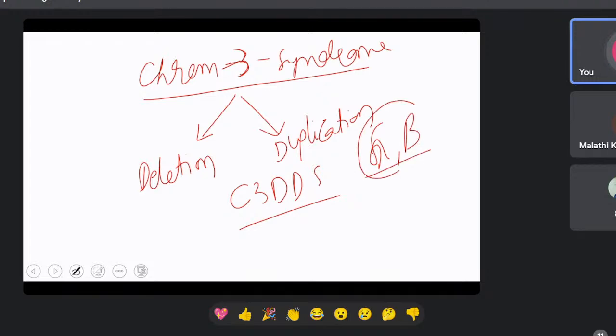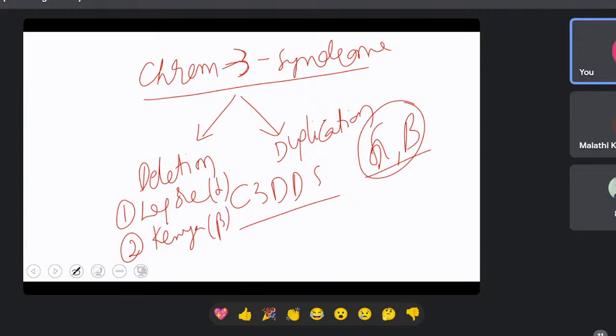When deletion occurs, it results in a disease. It results in two types of hemoglobin. One is called Lepore, the other is called Kenya variant. If alpha subunit deletion occurs, it is called the Lepore variant of hemoglobin. When it occurs in the beta subunit, this is called the Kenya variant of